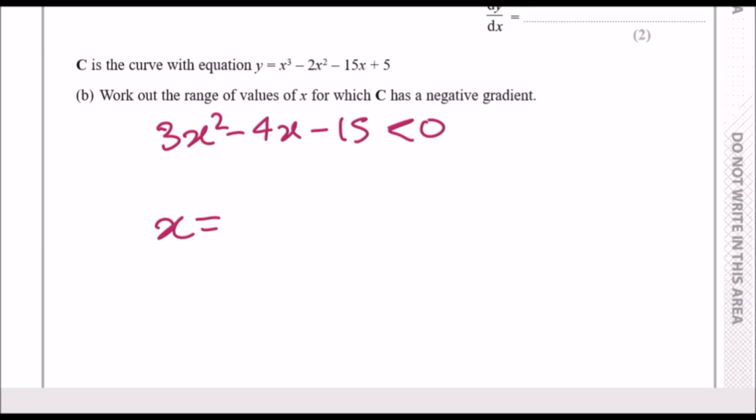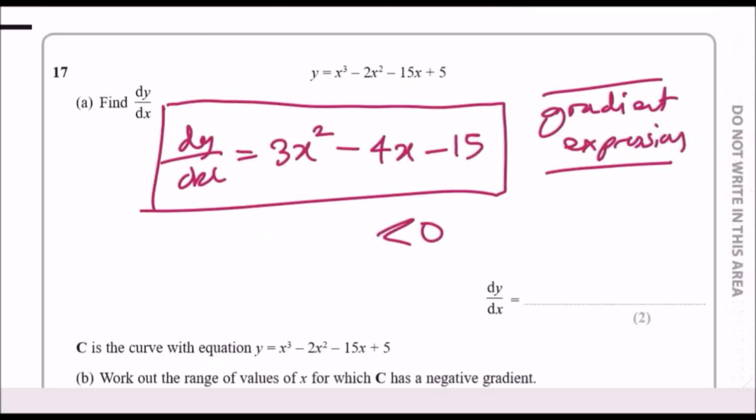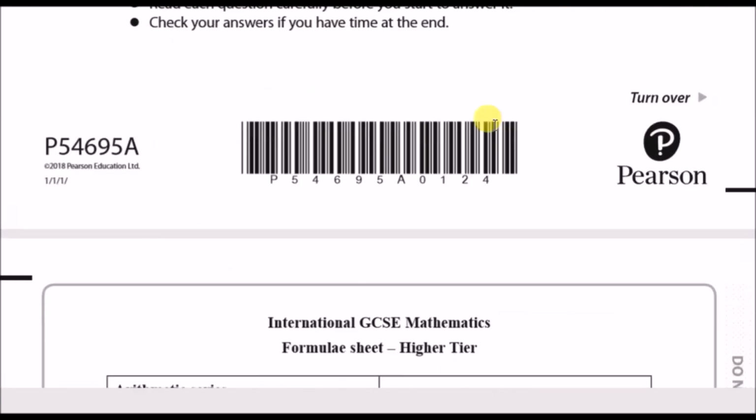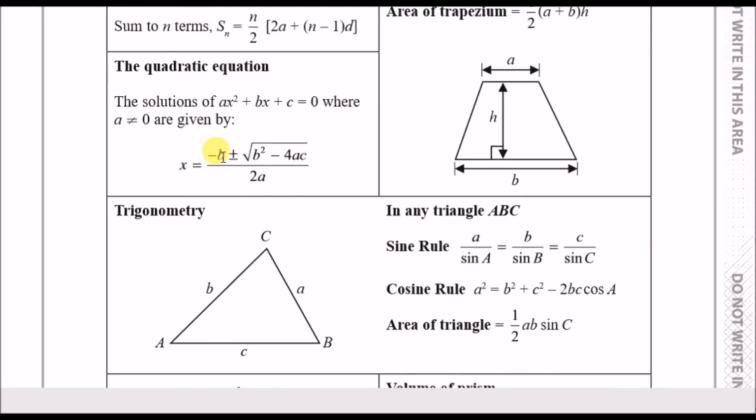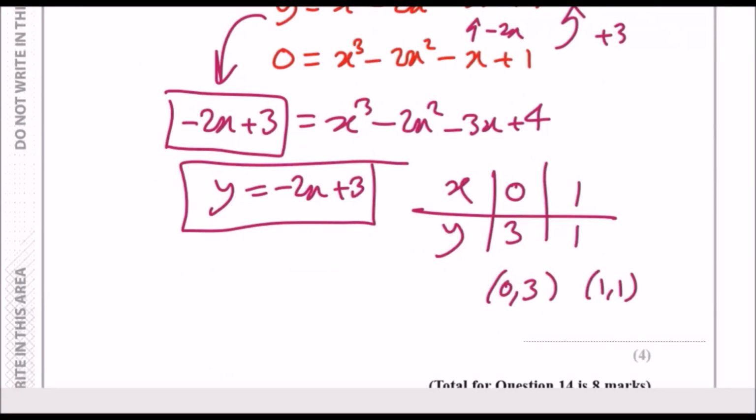If you're not too sure what the quadratic formula is, it's given right at the back. So it's minus b plus or minus the square root of all of this lot, and the solutions are given in this form. You need the a, which is in front of x squared, the b in front of x, and the c. And we got it. So going back to the question,